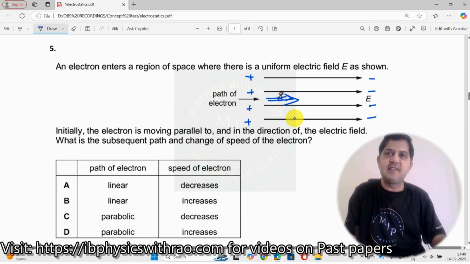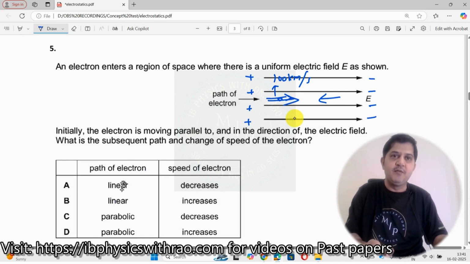Speed of the charge, let us say initially something like 100 km per second. Very fast moving electron, moving like this over here. Now as it starts moving, this is trying to pull it like this, and the electrostatic field due to negative charges is trying to push it like this. So what is favorable for it? The electron speed is now going to decrease. As it starts moving towards the negatively charged region, it is going to decrease, and after that it's going to take a U-turn and go like this over here.